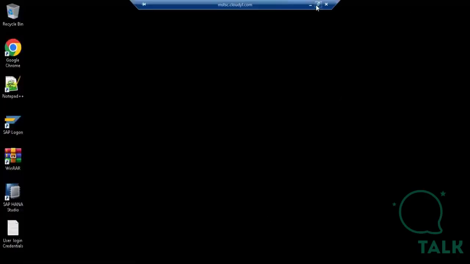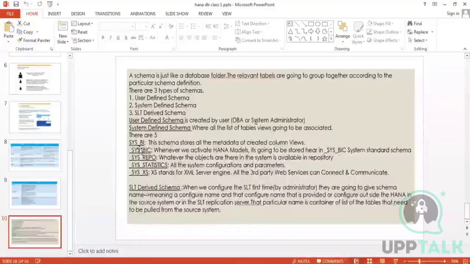Okay, let's quickly see the third point here. These are all the standard schemas, as I showed you now in the system. Each and every schema stores different types of data. SYS_BI stores metadata of all the created column views. And BIC usually stores the data of the HANA models which are activated in the system. And REPO is a very main schema actually. REPO is a very important